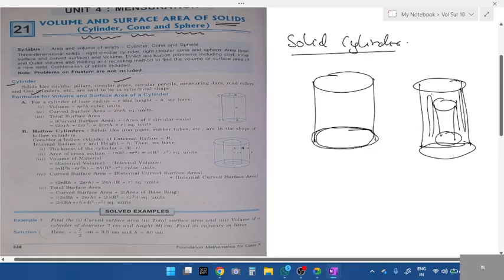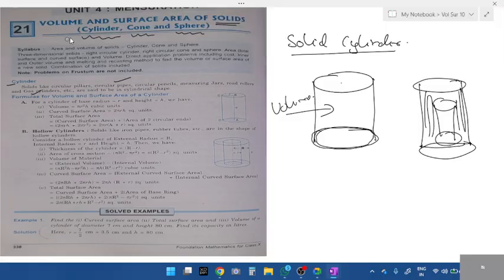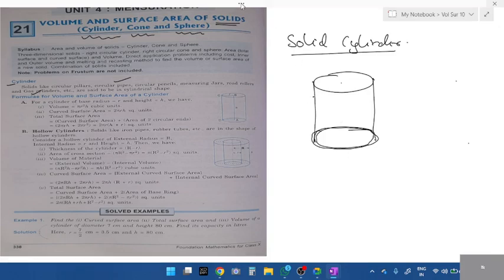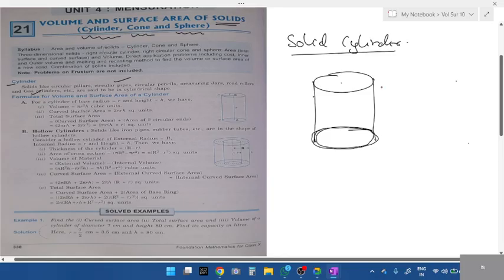When there are 2 cylinders together, there is some space left. So there's a difference in the formula. In one, there is no space left inside, it is full. This entire thing is volume. In the other, there are 2 cylinders inside. That is known as a hollow cylinder. First thing, solid cylinder. This part is height. Then we have 2 circles, one on the top and one on the bottom, and we apply all the circular concepts here. First thing, you have to remember two things: volume,